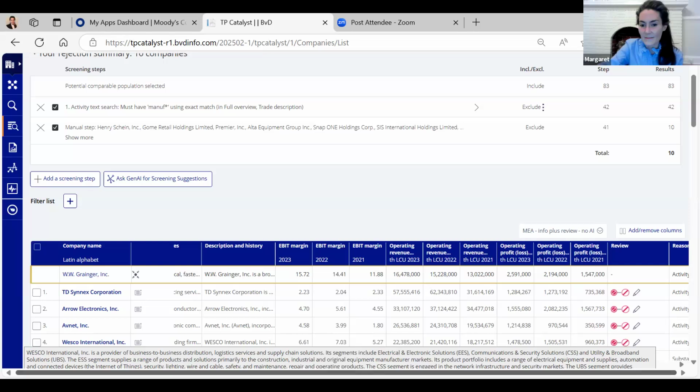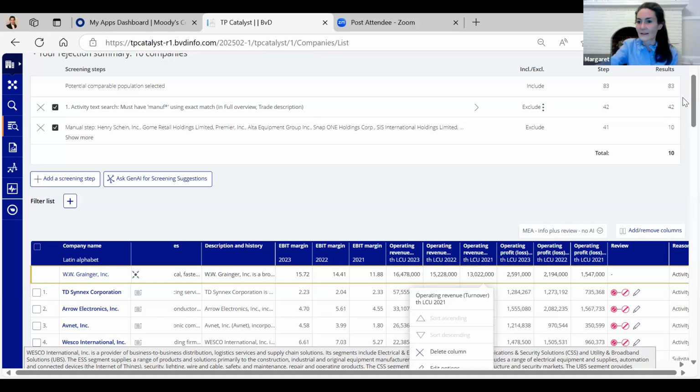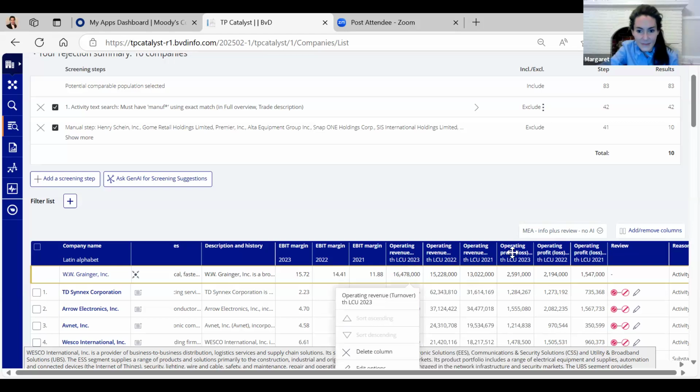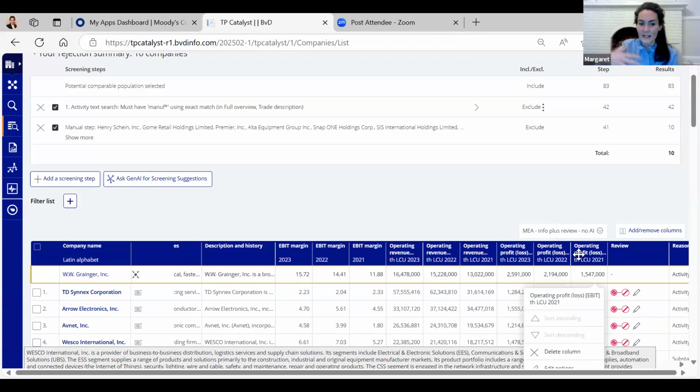And then I'll add some other financial data. I think I add the operating revenue and I add the EBIT numbers because historically I've always done that, where it's not necessary. But I used to do the calculations in Excel before this version of the tool. So these are probably unnecessary unless you're just going to export the results.